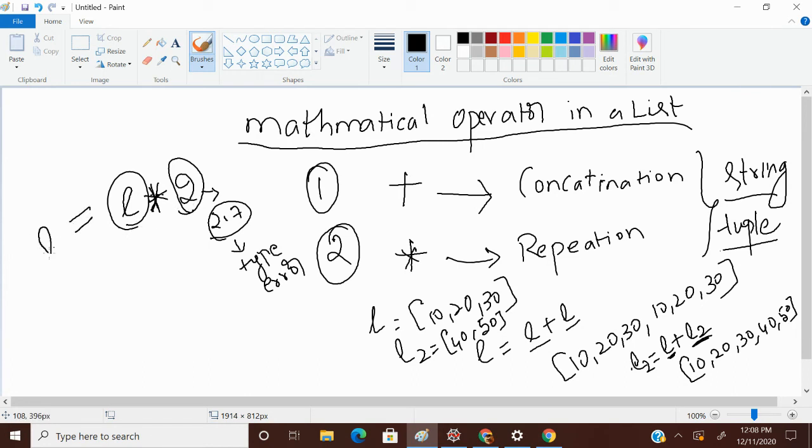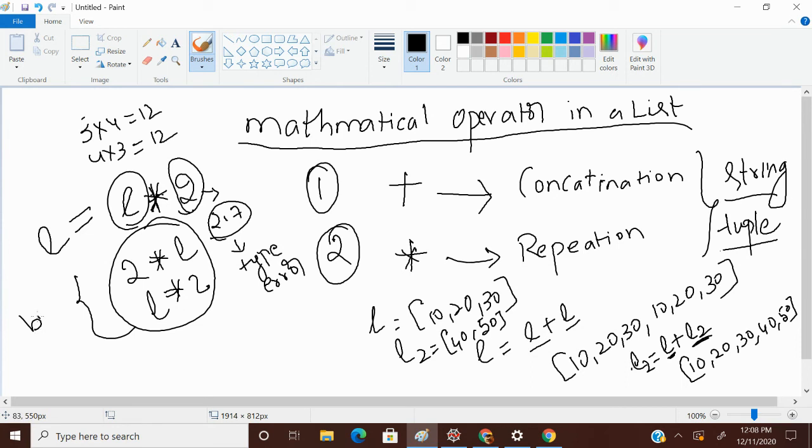Repetition is the star operator. If, instead of an integer value, I'm taking a float value like 2.7 or anything, then I'm going to get a type error. We learned multiplication tables in our childhood: 3 fours are 12, and 4 threes are also 12. Here also it's the same: 2 star L or L star 2, both are the same and give the same results. There will be no type error.